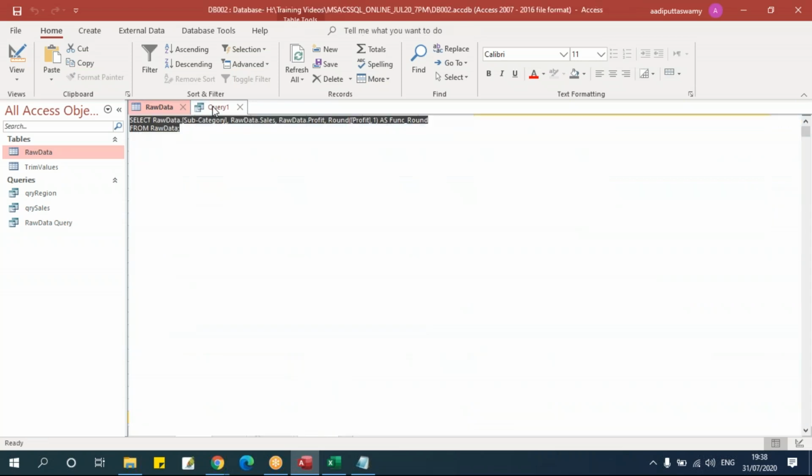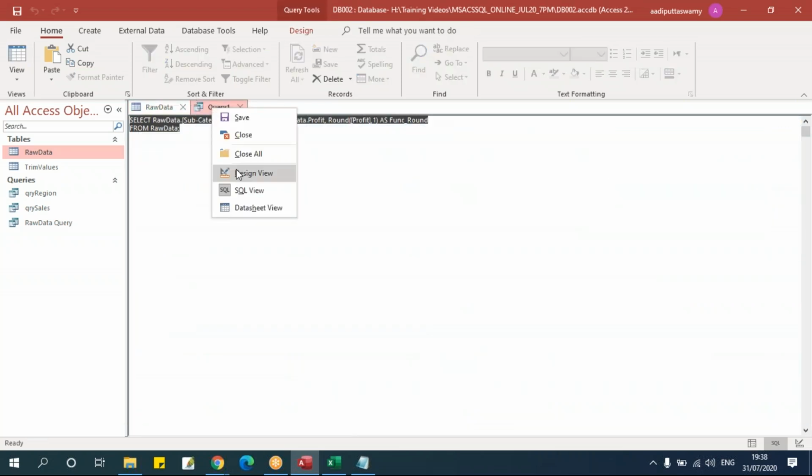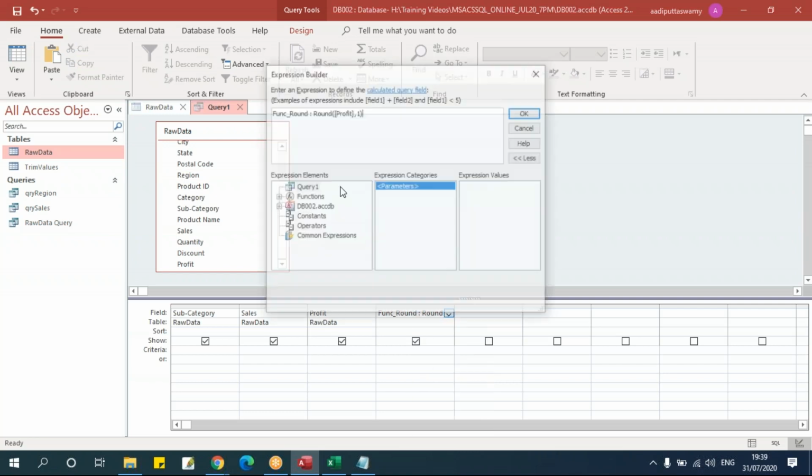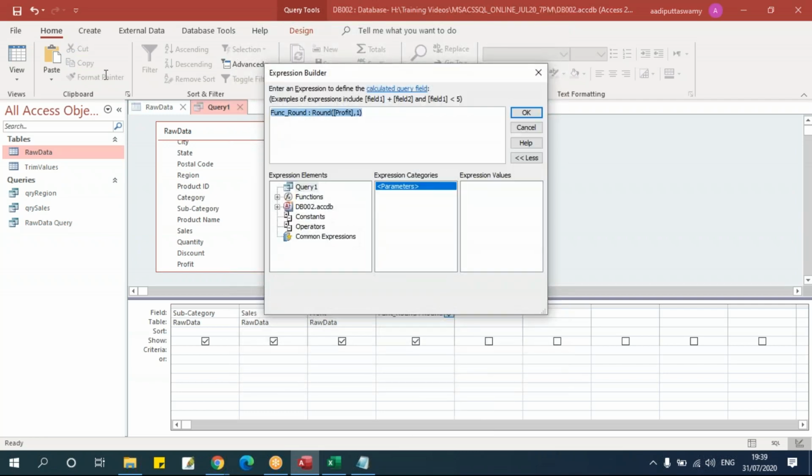Let's go and check. Right click, design view, go to build, remove this, and say function val. The val of, give the string. The string is the product name. Close bracket, and we'll say okay.